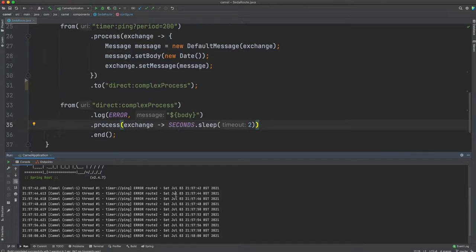If I was writing a simple Java application, I would have to put in some sort of complex threading model. I have to use some sort of threads, or I have to make sure I can offload this work using maybe some sort of blocking queues, etc. A lot of boilerplate code we will have to write, and then of course we will have to test it. Here comes Camel, right?